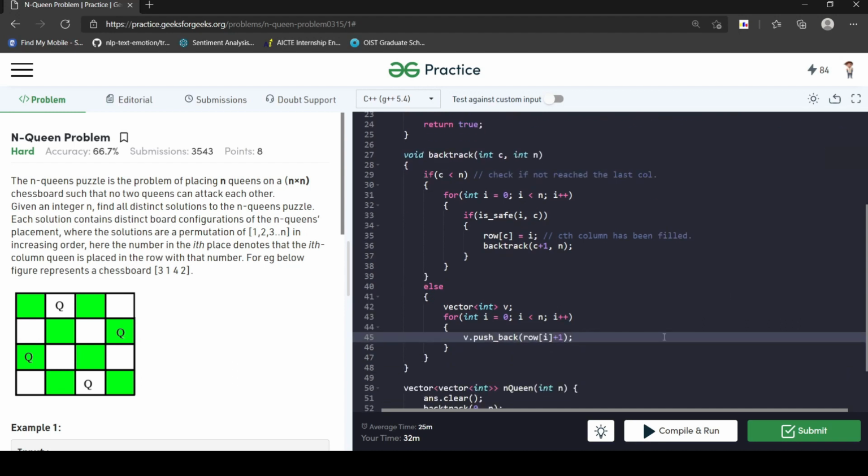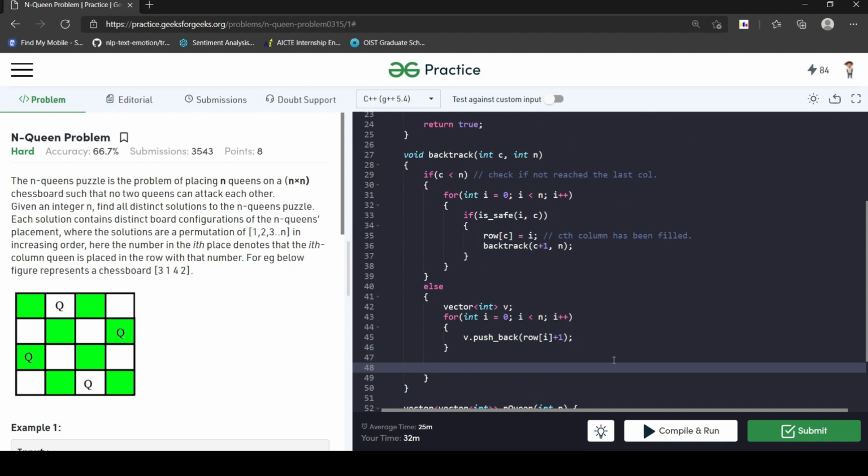I will take in which row the q I is present, and finally I will push back v, adding to the final answer.